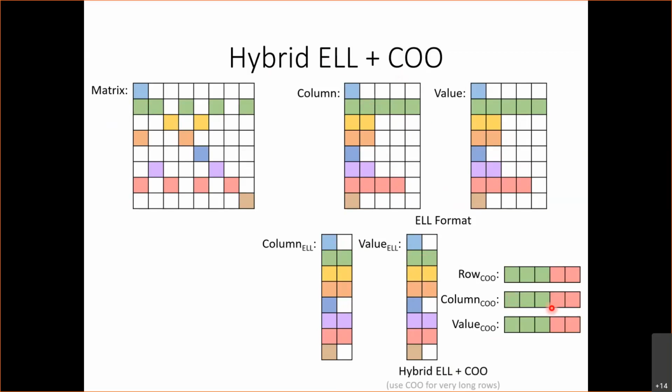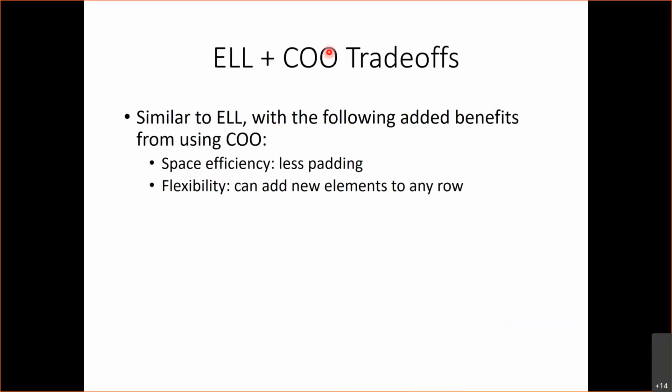Okay, and then in this case, I can do an ELL implementation for most of the rows, and then I would have a COO SpMV implementation to update the remaining rows that have an excessive number of elements. This allows me to have the benefit from ELL, but at the same time mitigate the problem of padding. Okay. So ELL plus COO is similar to ELL, but with the following benefits from using COO: we have better space efficiency because we have less padding, and also now we have more flexibility because